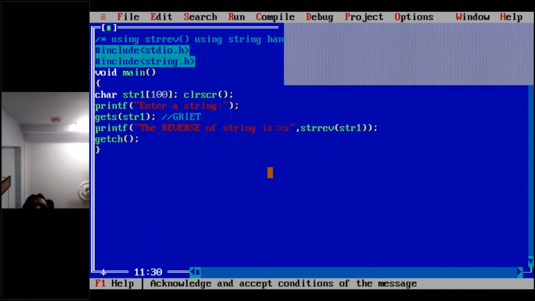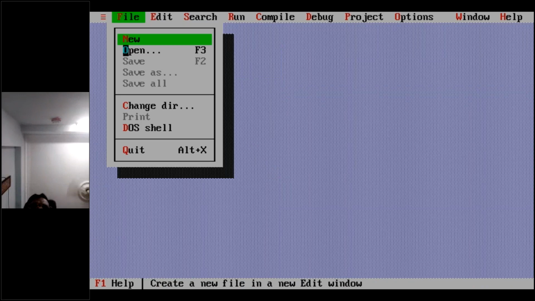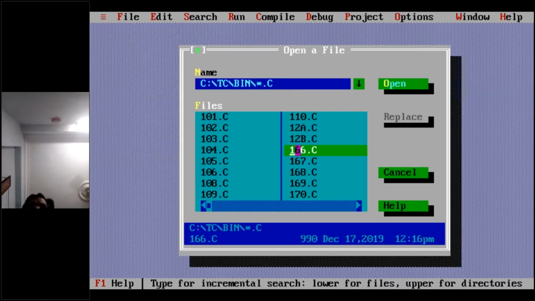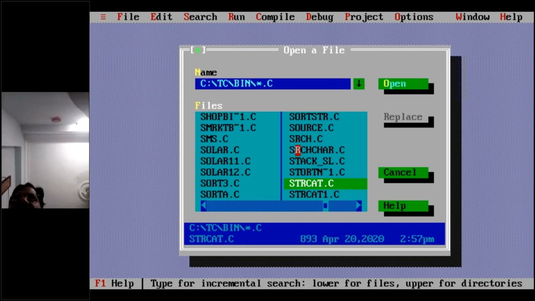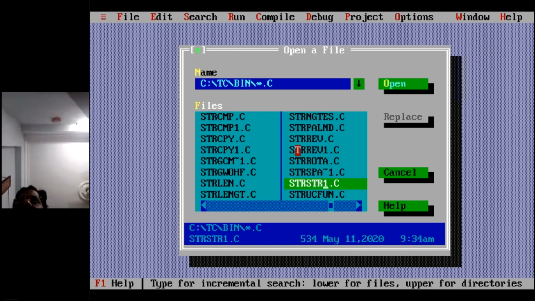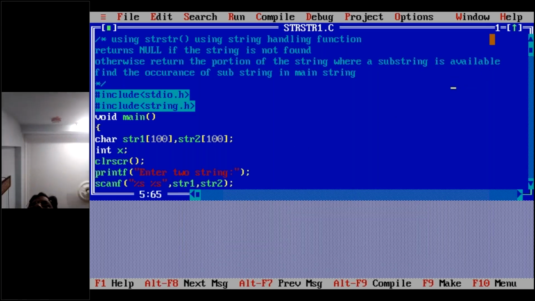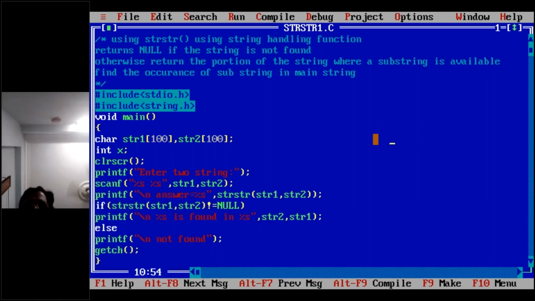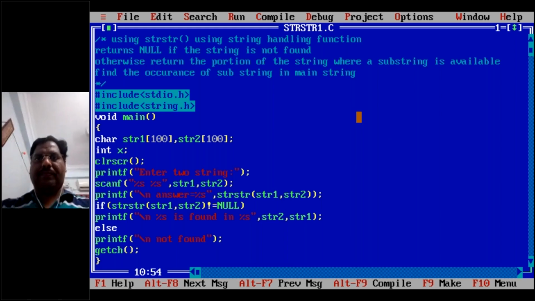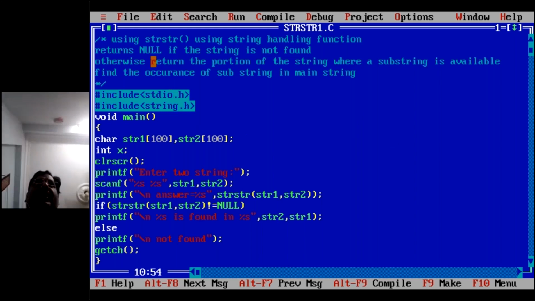And one more thing here is substring. We can see whether a character sequence exists or not. The main point here is that strstr, using the string handling predefined function, returns null if the string is not found.